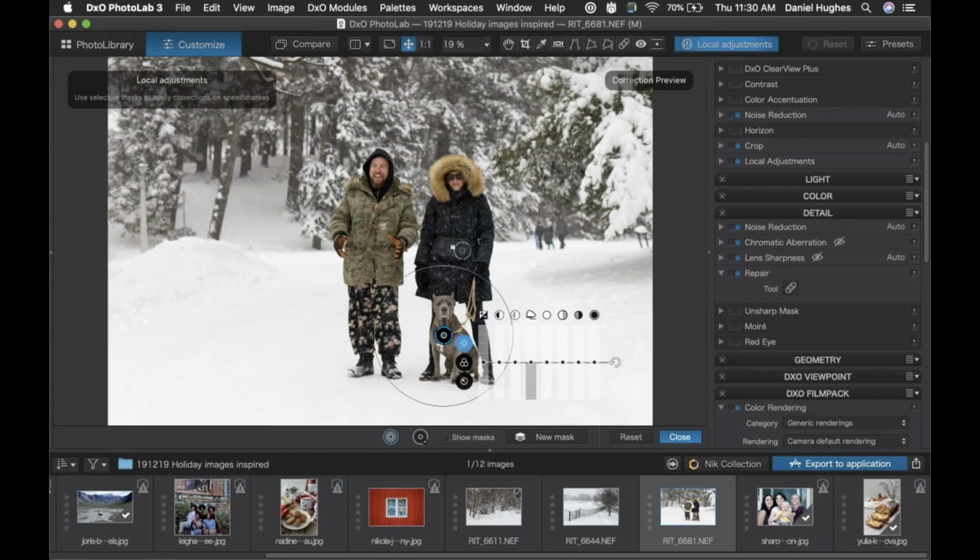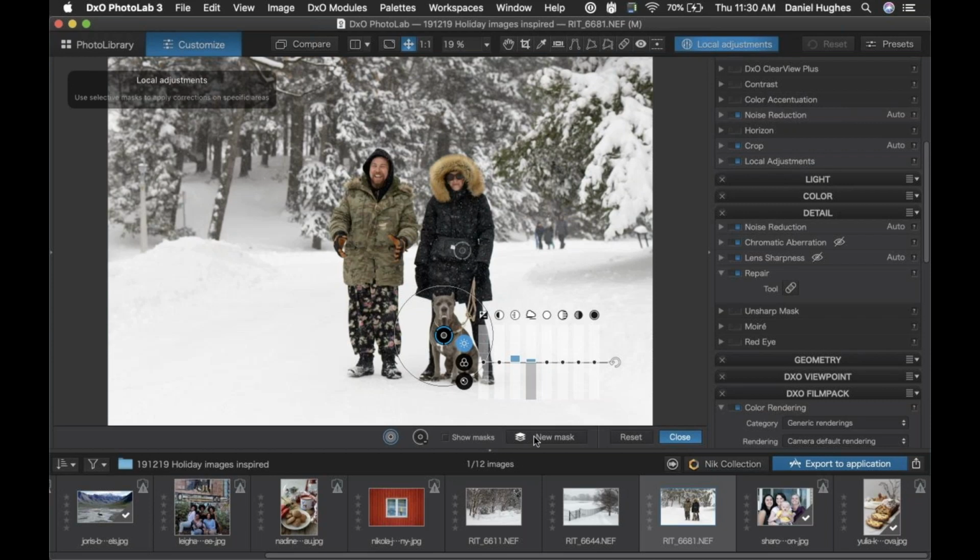From there, I'm going to click the new mask button, and we're going to throw a control point on Judy the dog. And I want to add a little bit of micro contrast and a little bit of clear view plus. Now, what this is going to do is basically increase the contrast and textures on Judy. And this is a really wonderful way to direct the viewer's attention towards something that you want them to look at. By increasing contrast or increasing texture, the viewer's attention is going to be drawn to that area more. By reducing contrast or reducing texture, the viewer isn't going to pay as much attention because there isn't as much